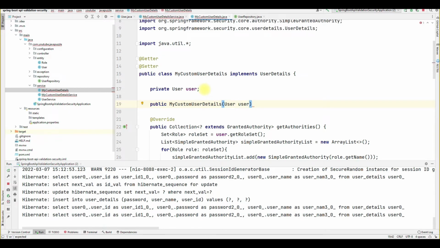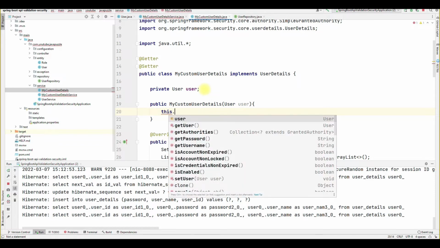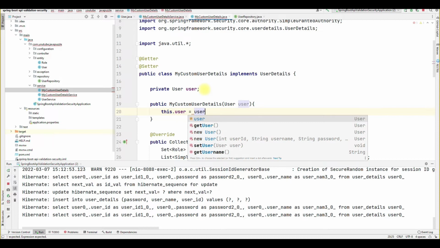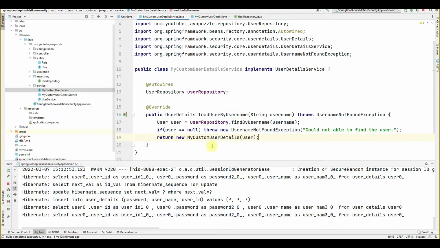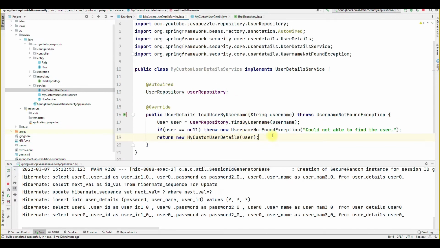Then this.user is equal to user. Okay, now yeah, it's done. So now our MyCustomUserDetails is done, and MyCustomUserDetailsService is done.